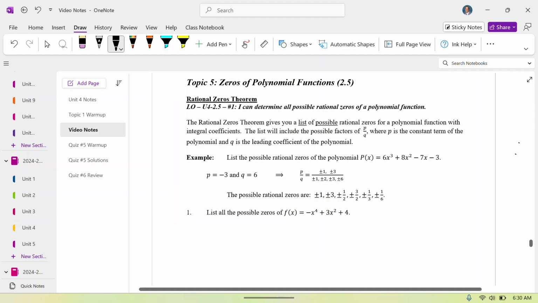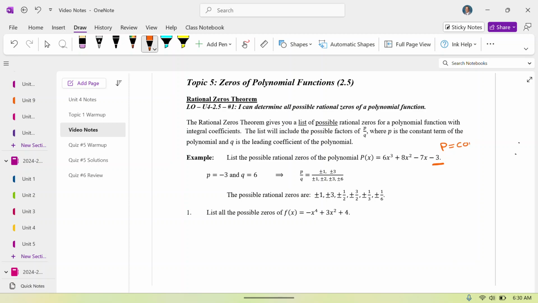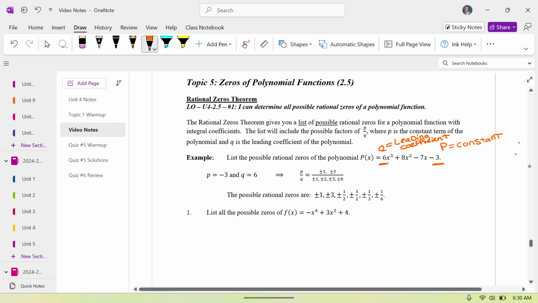The most important terms are the constant term, which is what we call the p, and the q, which is what we call the leading coefficient. All right, and what we do is we factor both of them. So the factors of the constant term and the factors of the leading coefficient help us get our